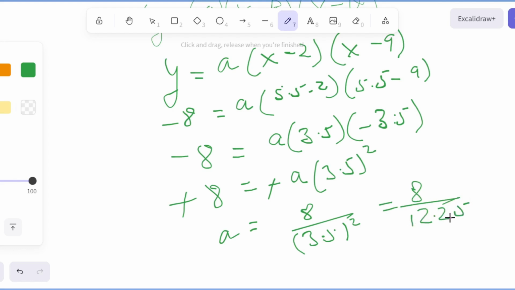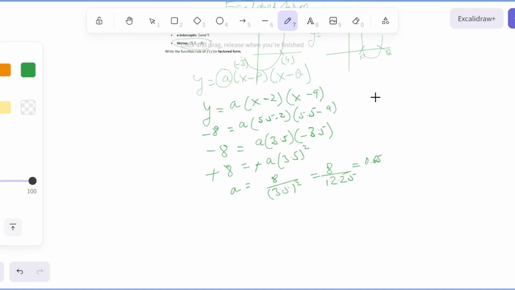If you divide 8 by 12.25, this will come out to be around 0.65. You can use this 0.65 value. And now, what will the factored form be? It will become y equal to 0.65 times (x minus 2)